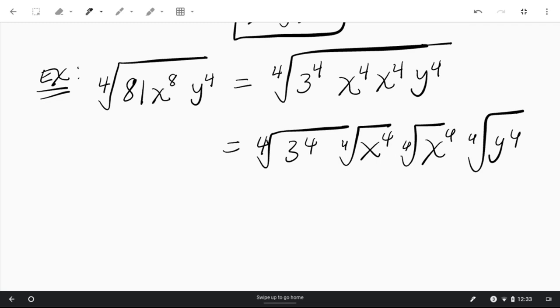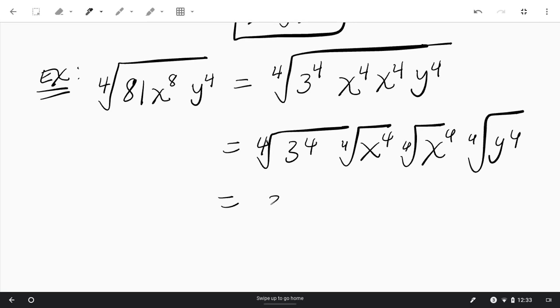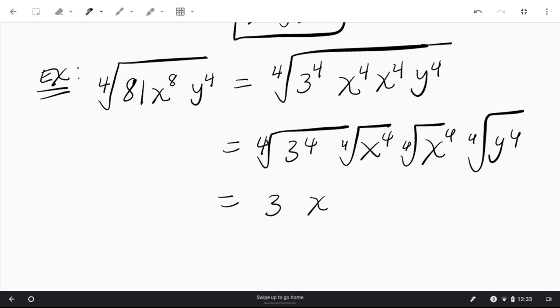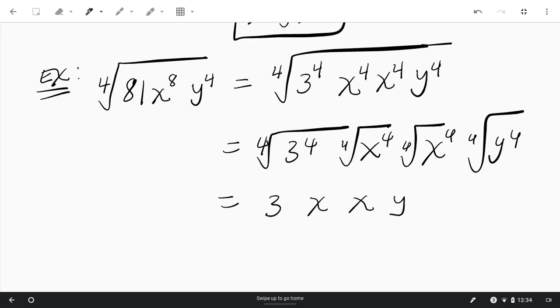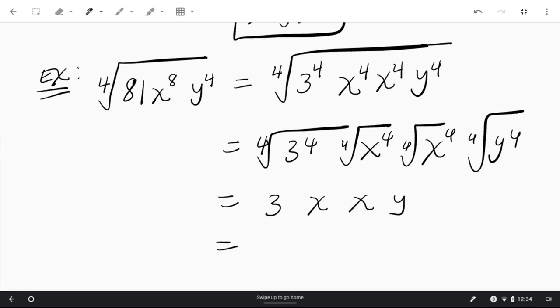Here this first radical will give me 3. This next one will give me x. The third one will give me x. And the fourth one will give me y. Those two x's can be combined to make x squared. So the final answer here would be 3x